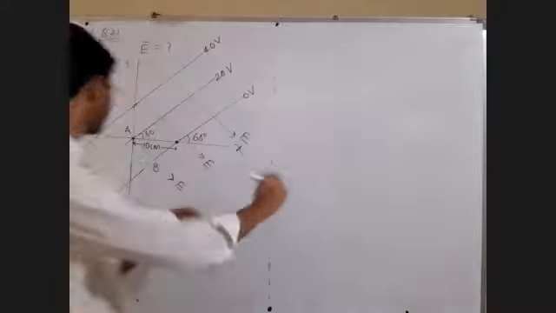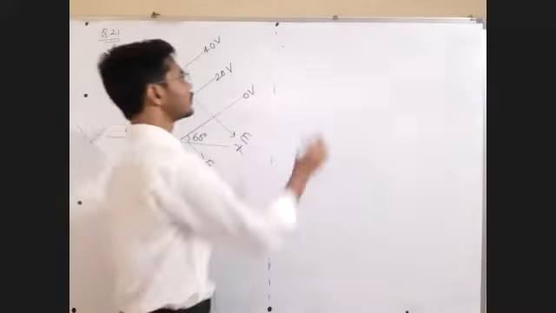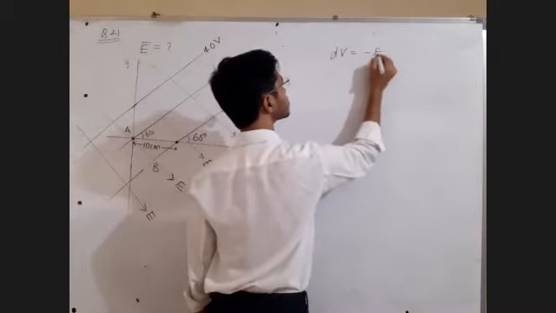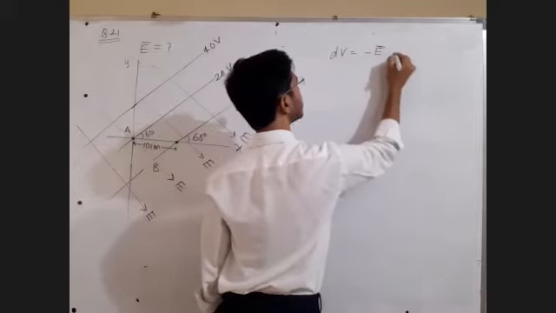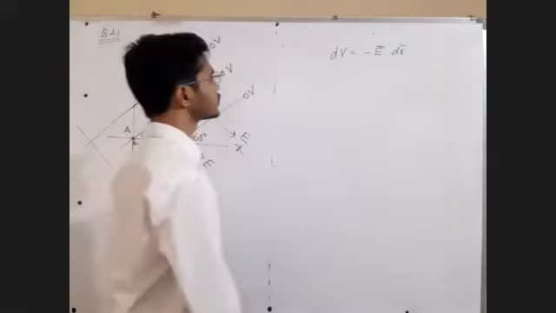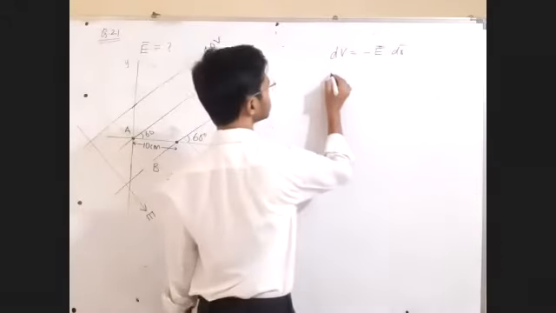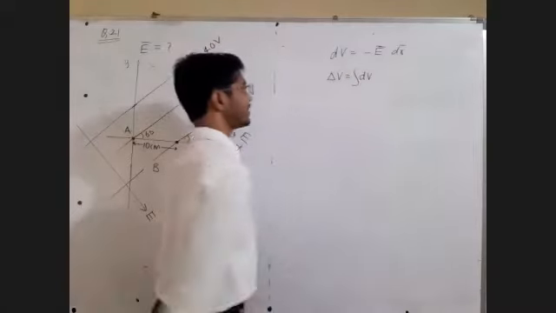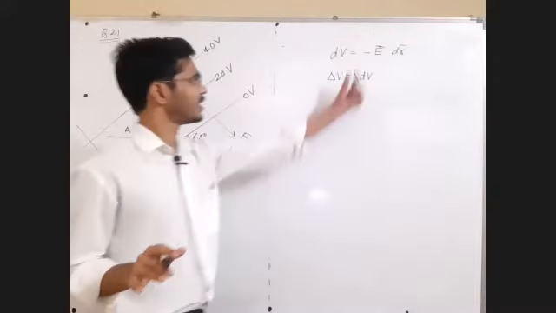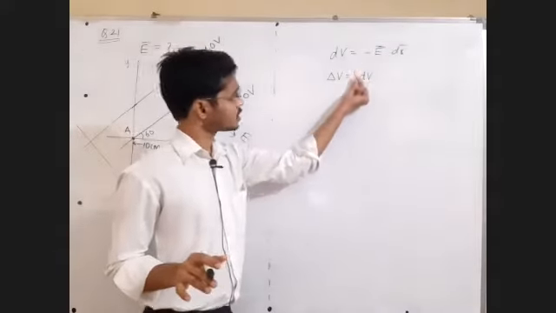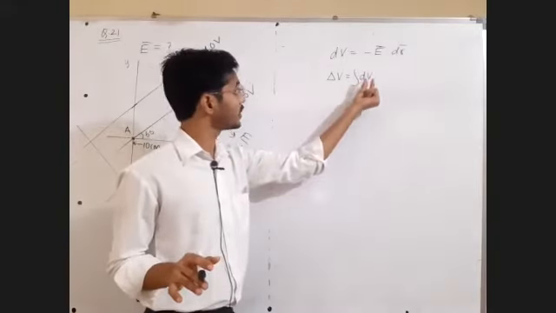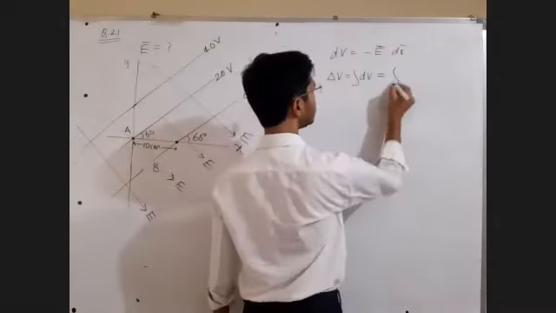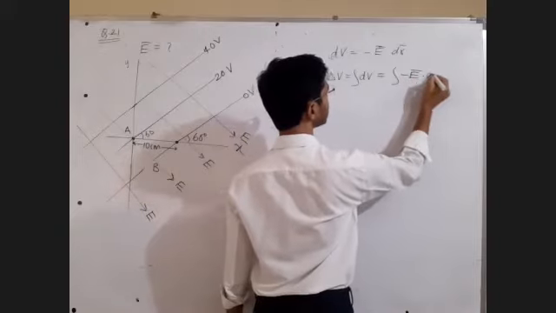See, it is this. Fine sir, we know over a very small distance the potential difference is equal to minus E bar dot dr bar. Overall potential difference is equal to the integration of dV. Now don't say the integration of dV should be V. It's a small potential difference. All such small potential differences, if I integrate together, I will get the overall potential difference, equal to integration of minus E bar dot dr bar.